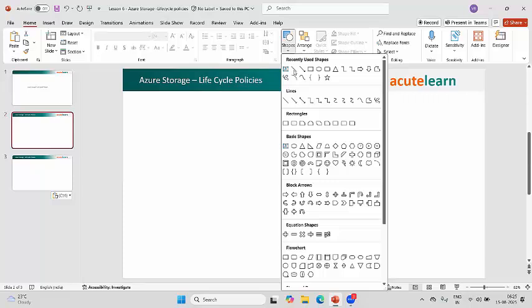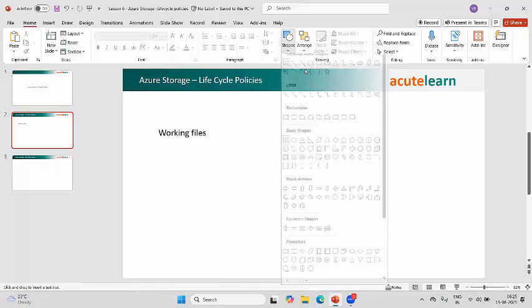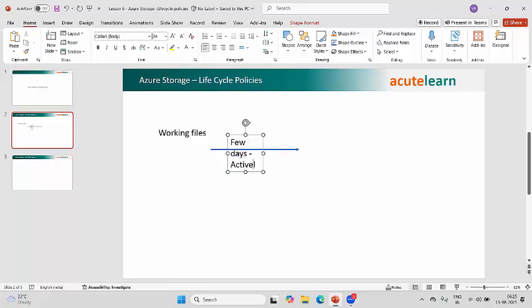Let's say we have working files. I'm working on some kind of a Word document or presentation or some Excel document. What we typically do is keep working on this document for a few days. We actively work on it, modifying and editing it until we complete it. Once we complete it, we may submit it to our